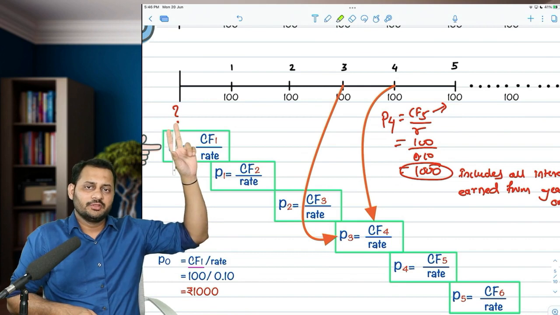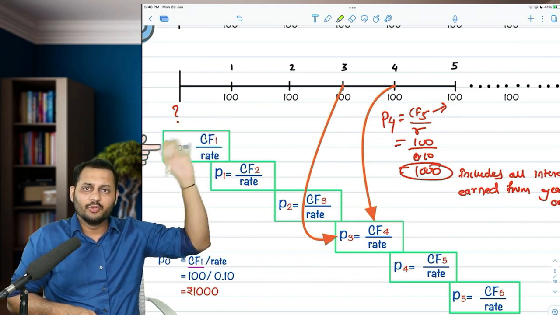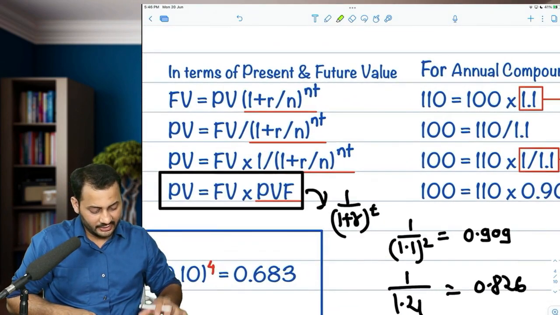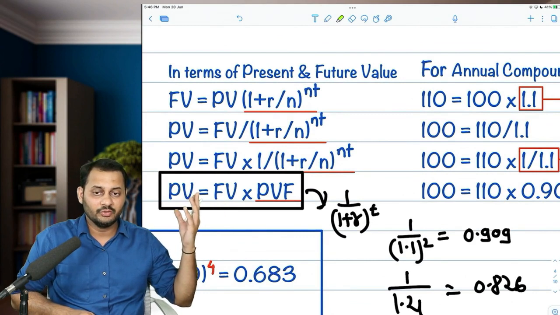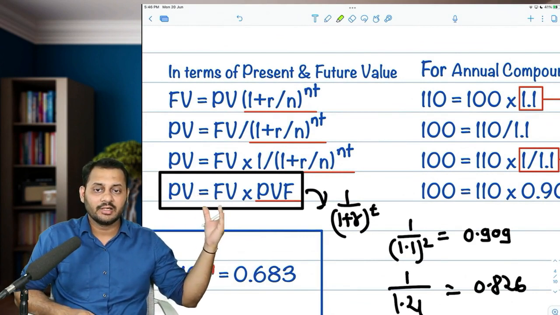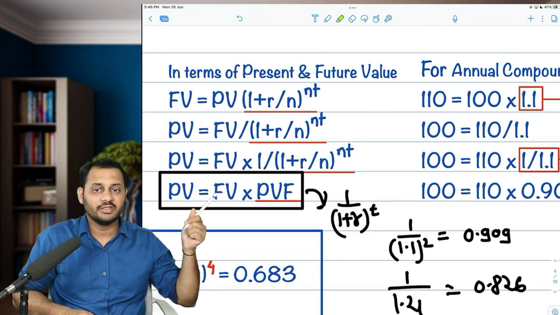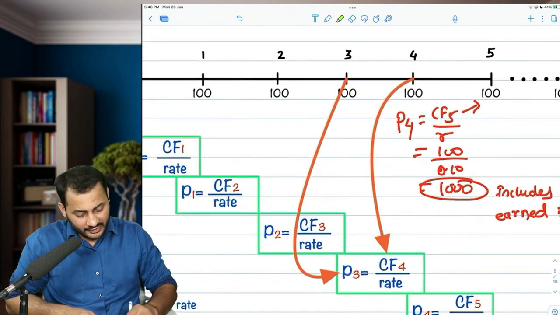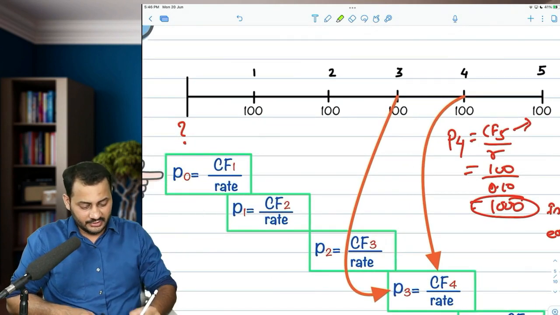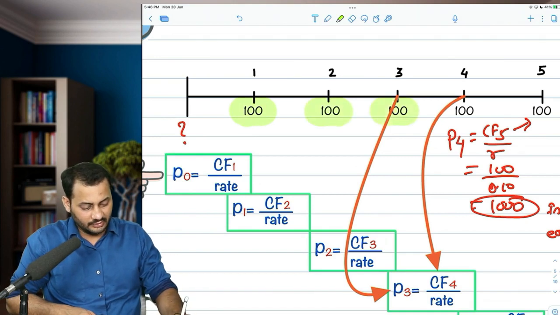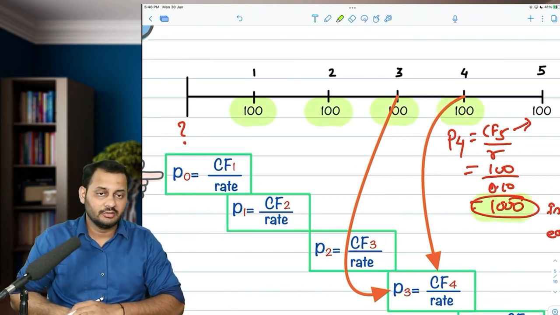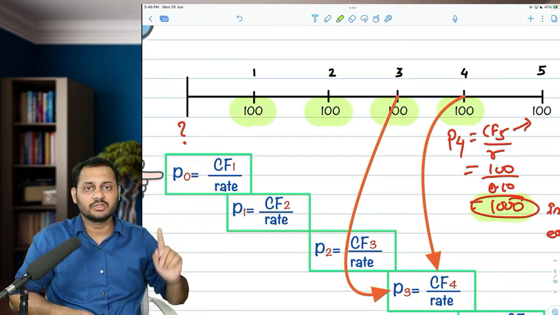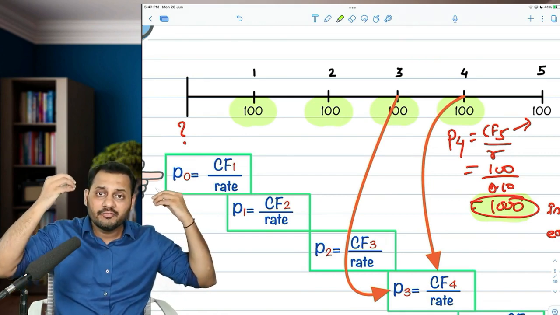Present value at time 0 is nothing but the present value of future value. That's what we have learned, right? If you remember the formula, present value today is nothing but multiplying the present value factor with the future values. And what are the future values? In this case, the future value for this time is this one, this one, this one, this one, and this one. That's it. The 400 rupees, the 100, 4 times, and that 1000 rupees includes the entire future of this